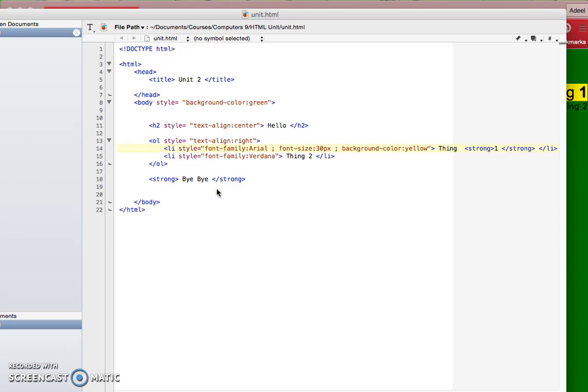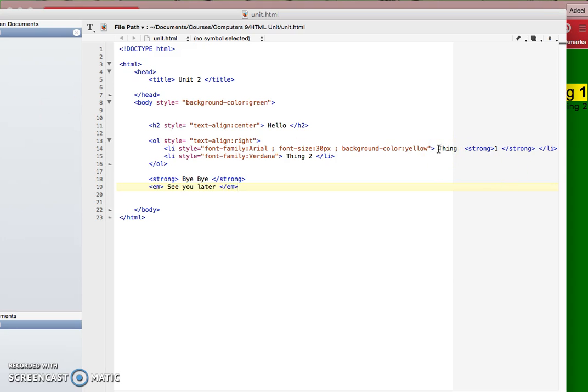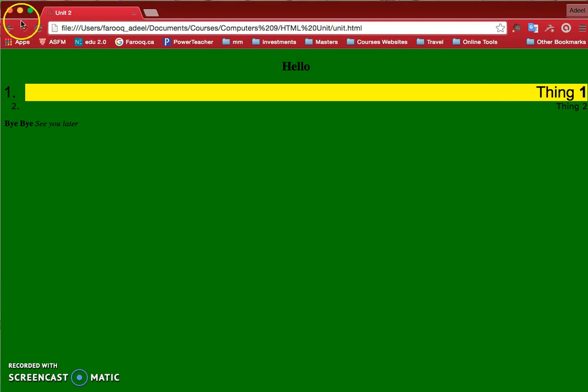All right, and the last one for this before you get on to the final summary is to put something into italics. Italics is a bit of a different one. It's just EM. So in this case, I can say see you later and close EM. So how does that look? If I go over here and refresh, okay, you can see it is now in italics. And of course, if I want the thing to be italics, but the 1 still to be in bold, I can add my EM here and close it off here. So then now thing will be in italics and 1 will be in bold. So let's look over there for this thing. When I refresh it,